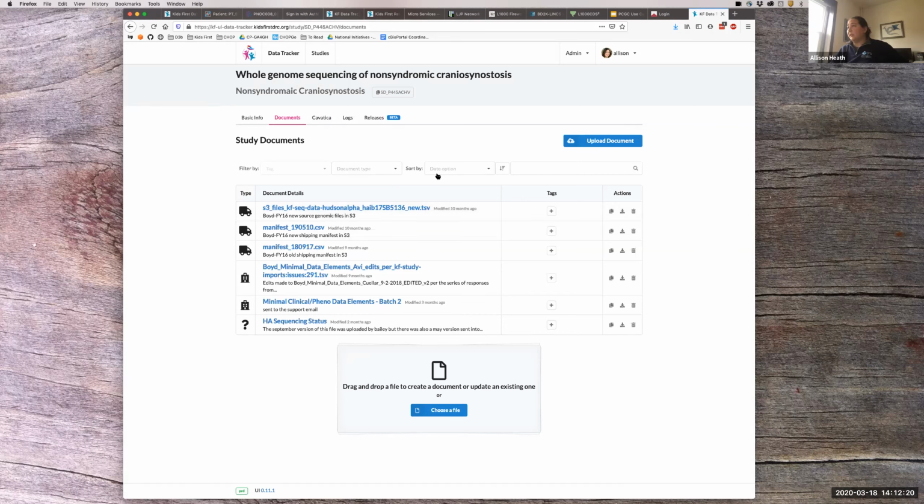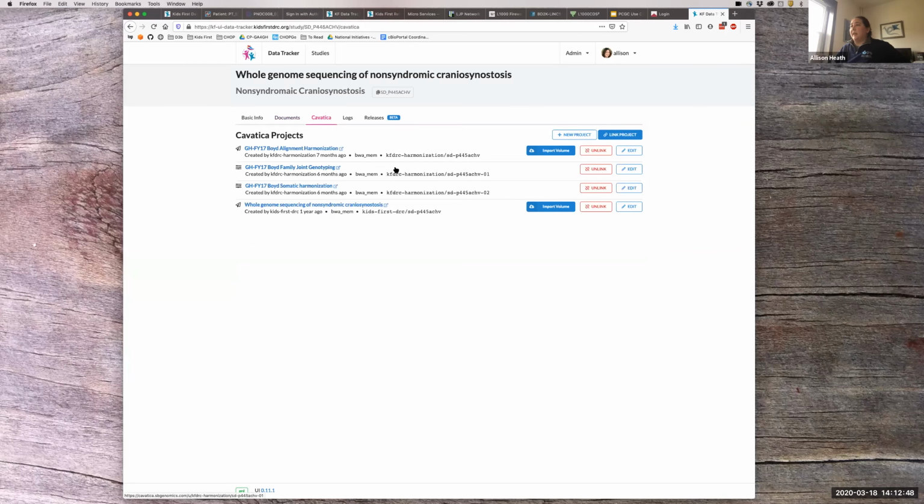And then we started adding some features, actually similar to BioData in a lot of ways, to be able to tag, to be able to sort and go through these different files. As part of our process on the Kids First side, we have to say we have enough information to release the data to the investigator because as part of their proposal, they did commit to providing certain clinical data elements. And so, we bring that in, we do different kinds of ingestion processes, and then we also create KFDRC projects